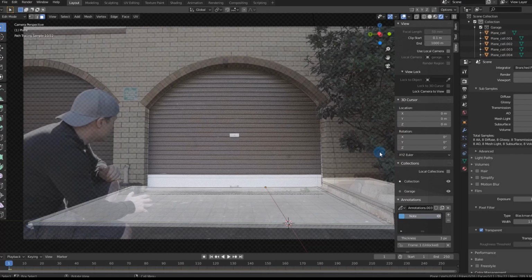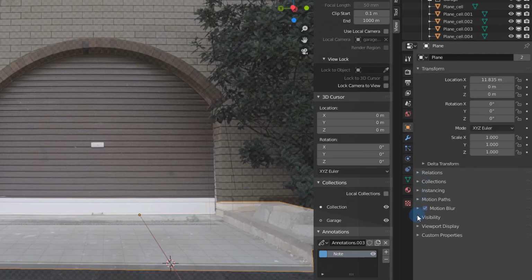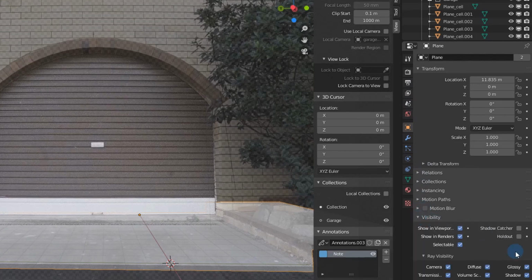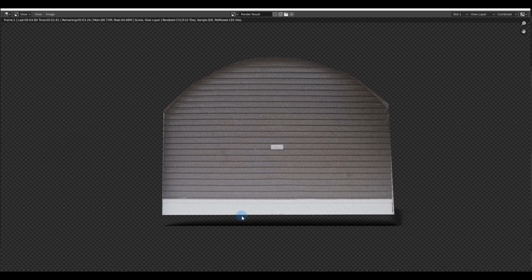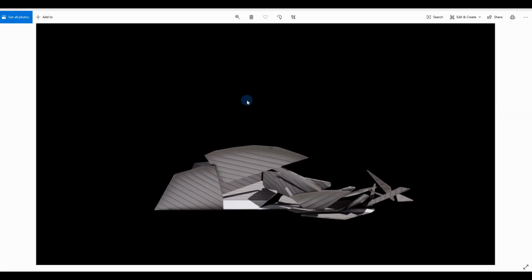We actually want the floor to be invisible and just be a shadow catcher, so go to object mode, select the floor, go to your shadow catcher visibility at the bottom, which is under that tab for the object properties, and choose shadow catcher. This will fix the issue. Now what we need to do is actually render this whole entire scene out, and we have a PNG of